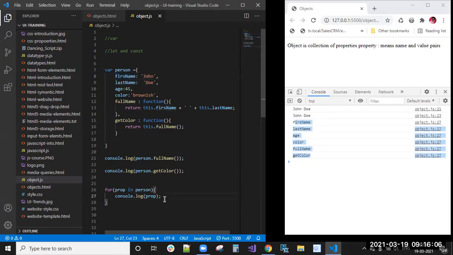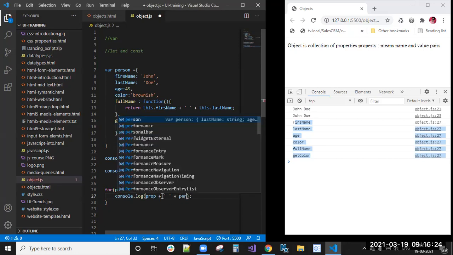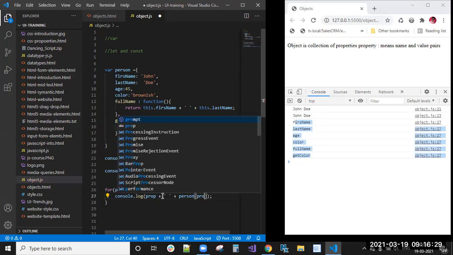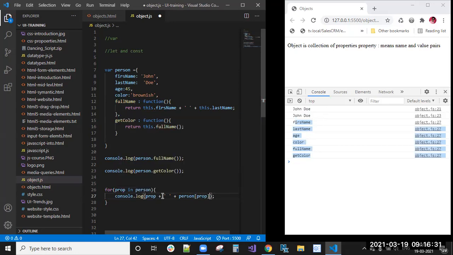Now you want the values also. In that case, what you need to do is console.log prop plus an empty space, and plus person of prop. Person of prop means we get that property's value.